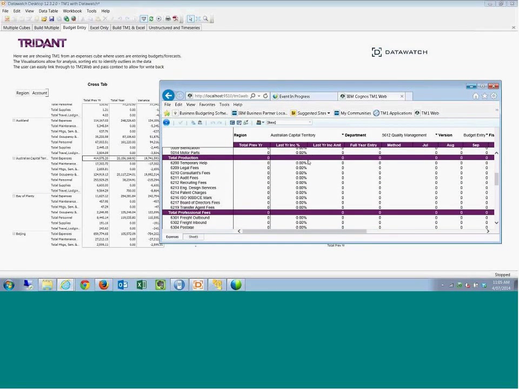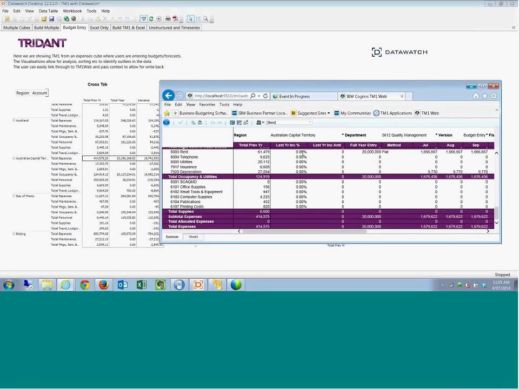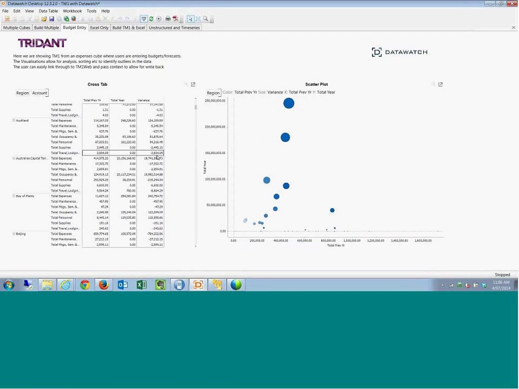So now I'm able to go into my budget template, down, and here is an account line, rent, where someone has entered 20 million for the full year and spread that across each month. So this someone's probably added too many zeros in their rent line, and we can easily come in and change values. Normal TM1, right back through TM1 Web. We change it, send it back into TM1, read write ahead,